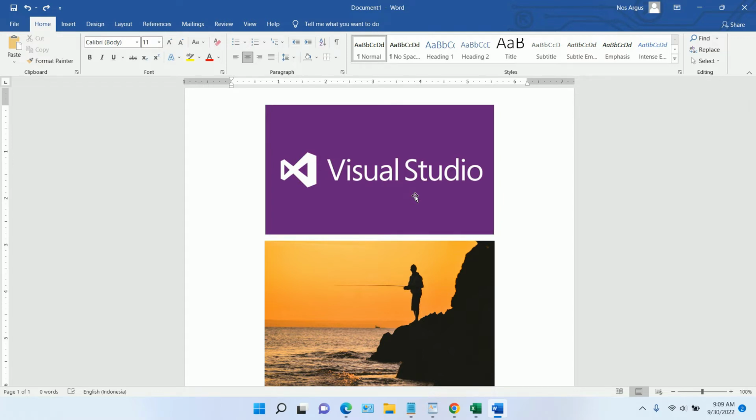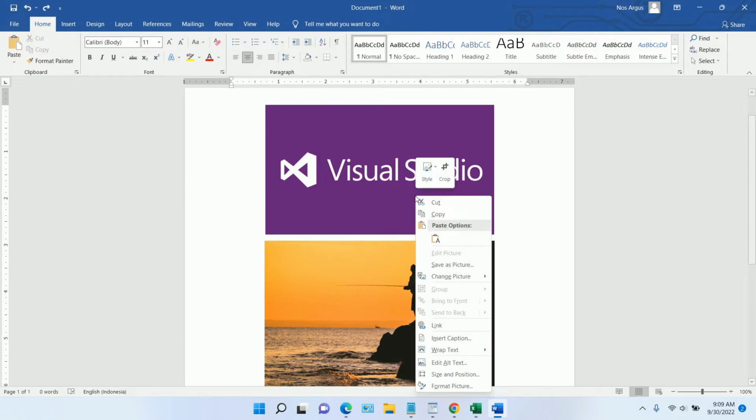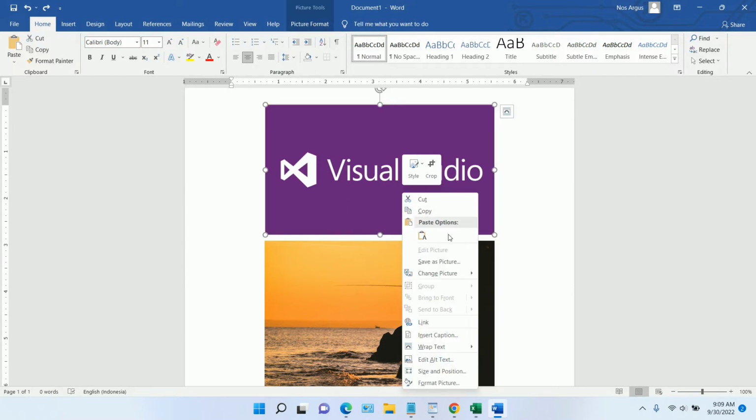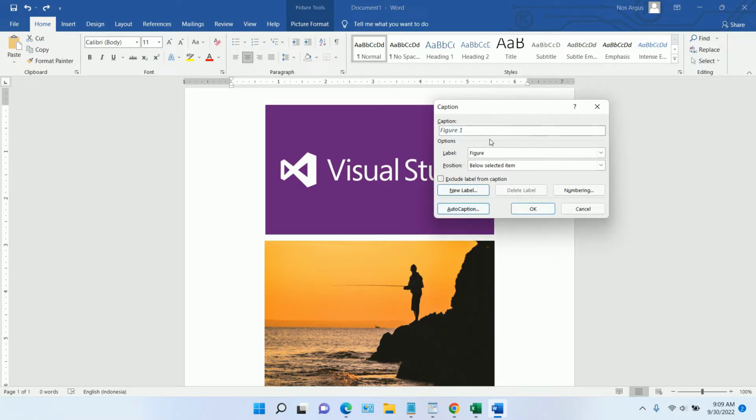is easy. First, you can right click on the image you want to insert the caption or title. Then you can click Insert Caption. For example, you can add a new label. I will try to add "this is my image"